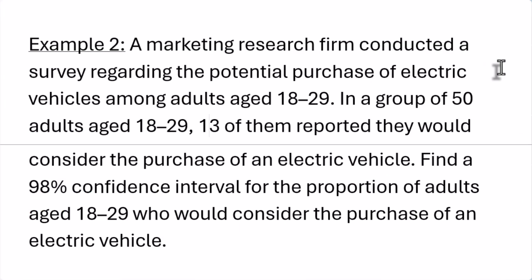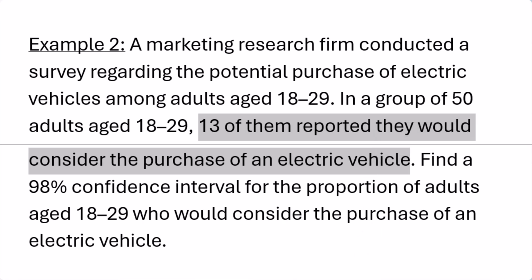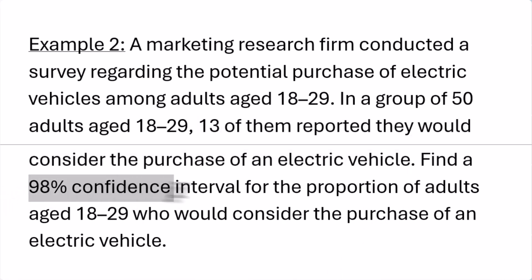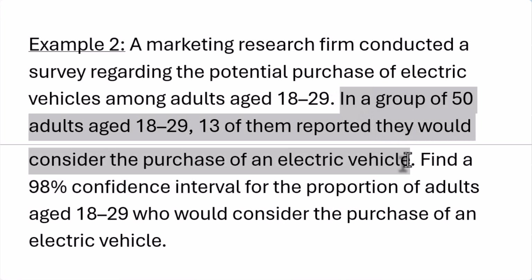A marketing research firm conducted a survey regarding the potential purchase of electric vehicles among adults aged 18 to 29. In a group of 50 adults, this is going to be my sample, or my n value would be 50, aged 18 to 29, 13 of them reported that they would consider the purchase of an electric vehicle. So that's my sample information. Find a 98% confidence interval for the proportion of all adults in this age group who would consider the purchase of an electric vehicle. So I'm taking, again, that sample information as well as my confidence level,